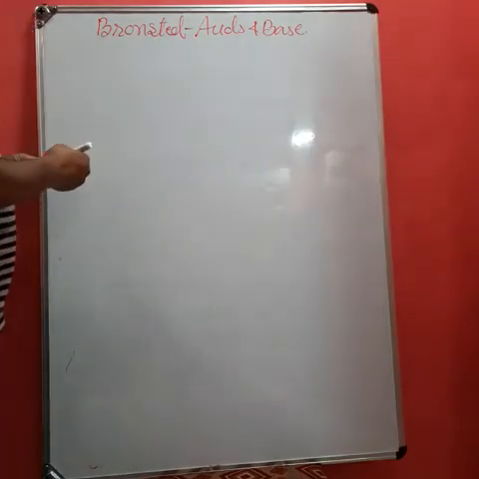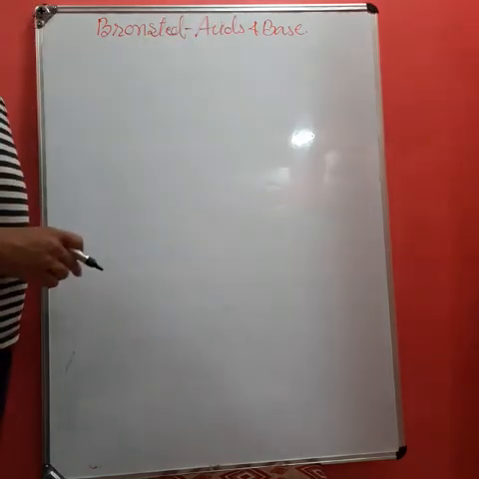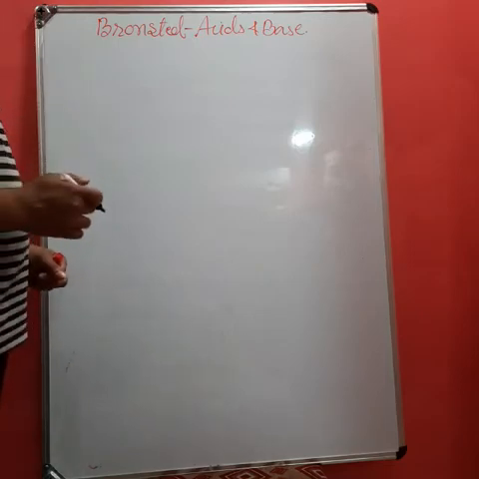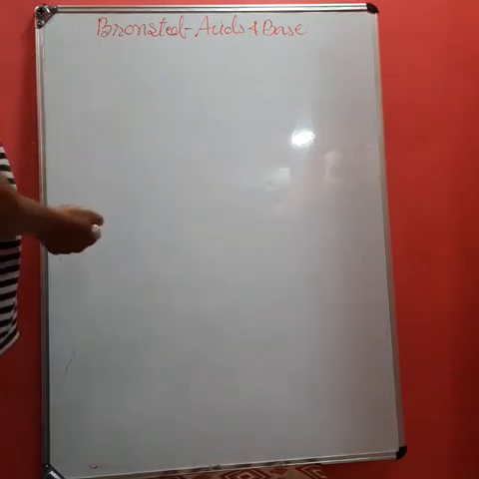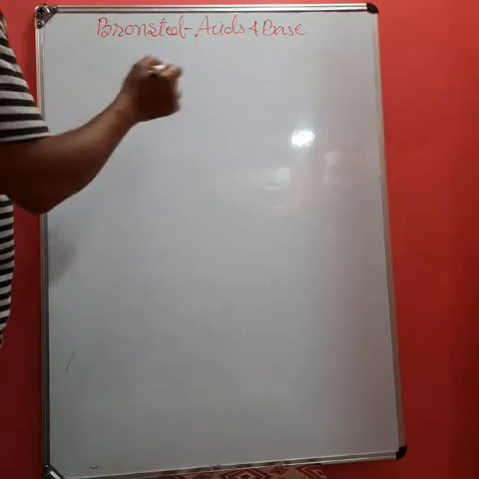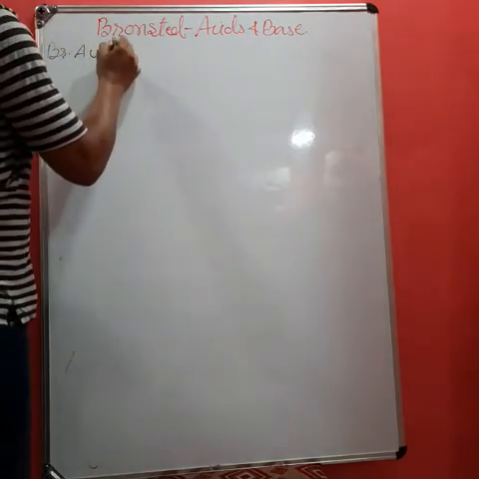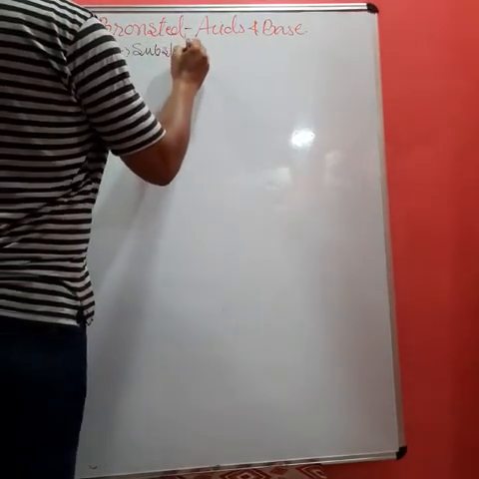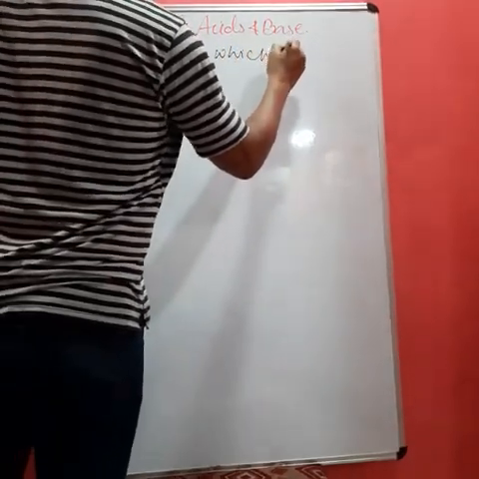Yes, student, as I told you earlier, there are a few more substances which act as acids and bases. However, they do not release H cation and OH anion. So now the next concept is called the Bronsted concept of acids and bases, like the Bronsted acids. Okay, a substance which donates